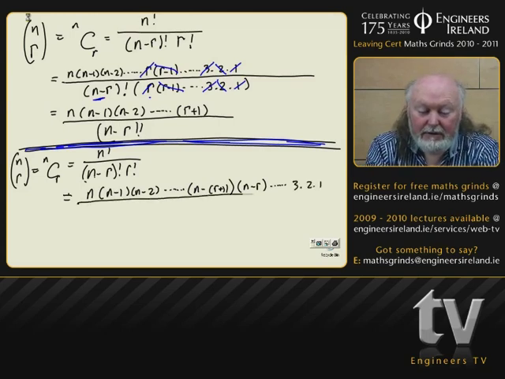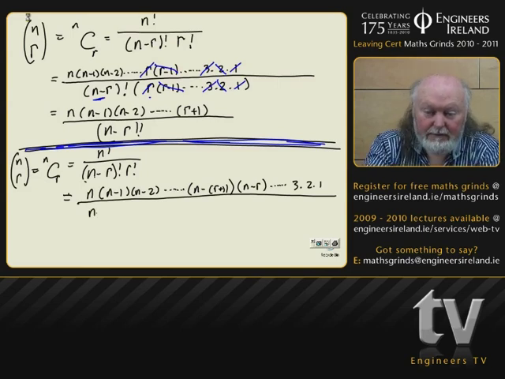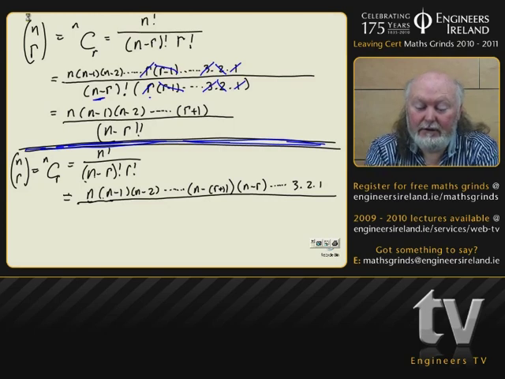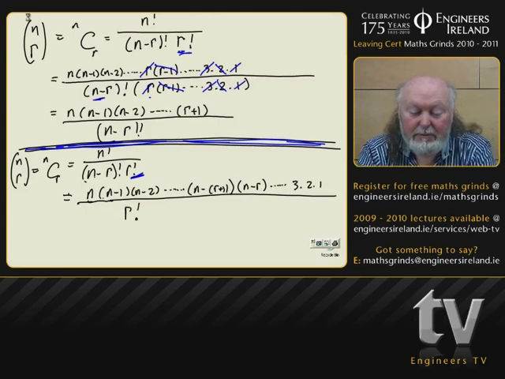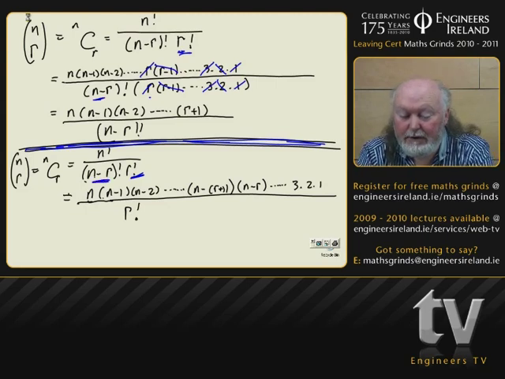And now we'll expand out this one. We're now going to leave that bit. We're going to leave this guy. We put it here. And we're going to expand out this guy. So we have it multiplied by n minus r